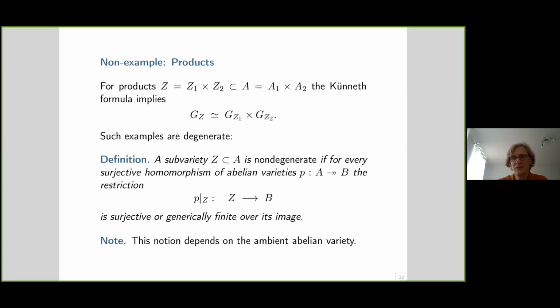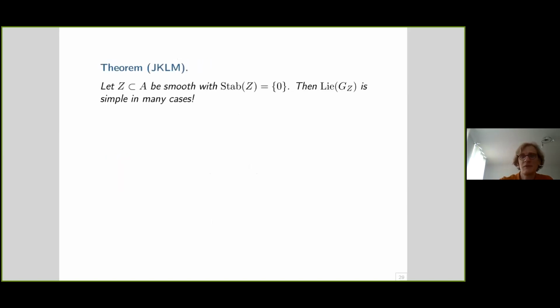Okay, but let's assume this non-degeneracy condition. Then what we show is the following. If you have a smooth subvariety and you assume its stabilizer is trivial, I mean, I said before, up to isogeny you can always reach this, and this is just done to get rid of the connected components of the Tanaka group. Then the Lie algebra is simple